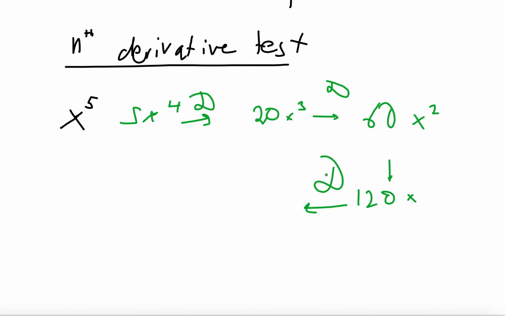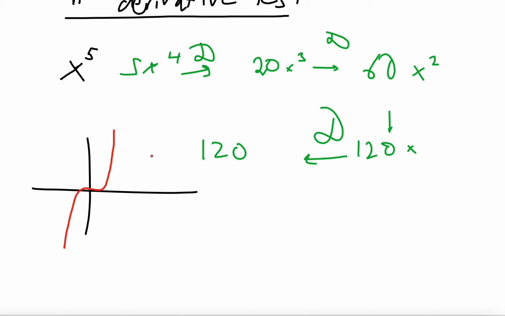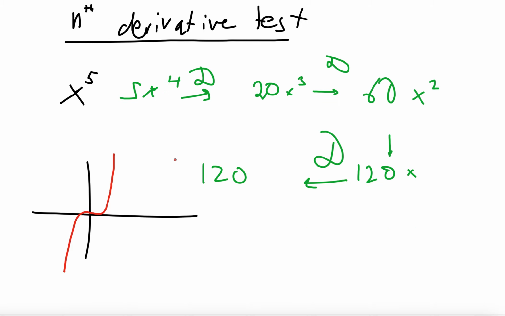Let's take the 5th derivative, all right? That's the nth derivative here. You get 120, which is positive. And so that means that there is, in fact, an inflection point. That function changes concavity at least once within that interval. And in fact, we do see that x to the 5th has an inflection point. Because remember, it looks something like this. All right? As you can see, it's concave down from negative infinity to 0, and concave up from 0 to infinity. So again, I hope you understand a bit better about how these derivative tests work